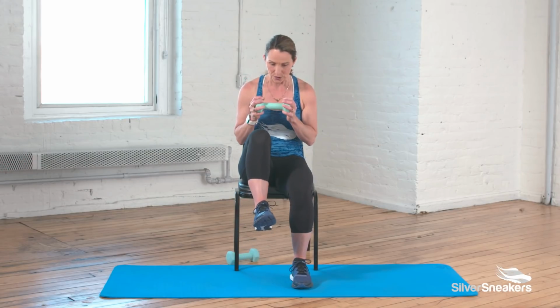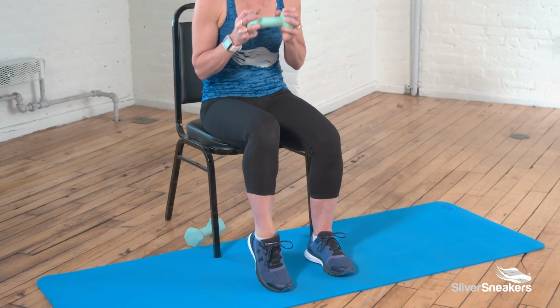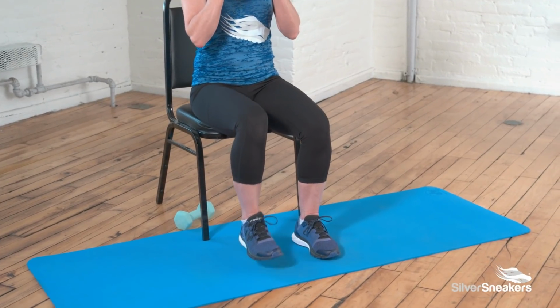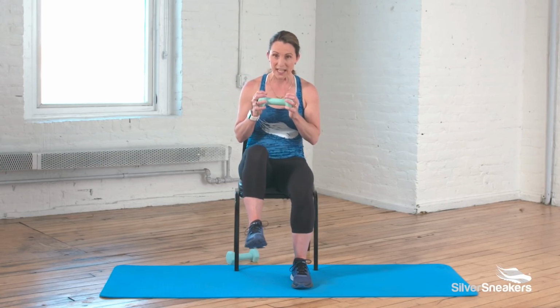We'll lift our left knee and round our shoulder towards our knee, and then release. A little bit of roundness through your spine, and then be sure to lengthen. You can also lift your heel. Now I think about bringing my elbows in towards my rib cage, and then I'm lifting the weight back in front. Sometimes as we get doing the exercises, you might have a little bit more tension in your shoulders, so